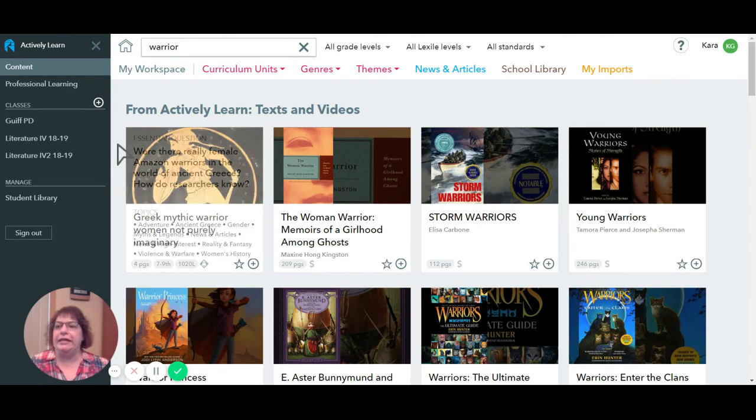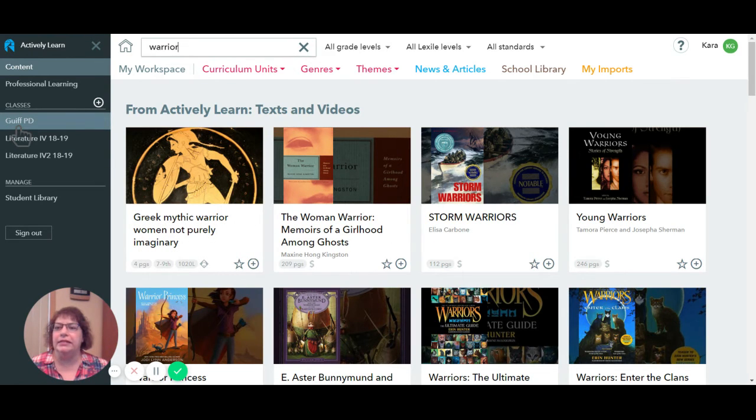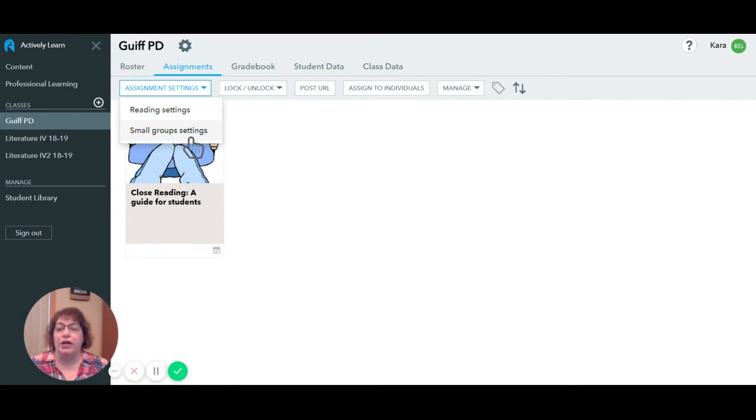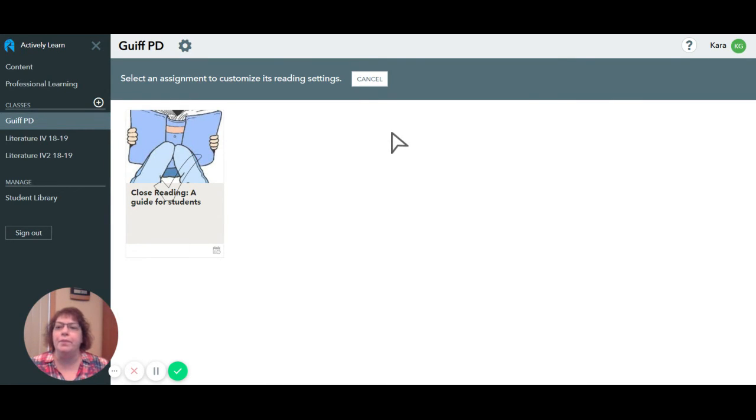Then I also want you to see inside the classes some things that you have. So, excuse me, for my class, this is the PD class that you are all in. You'll see I have my assigned text, but I have all of these data bars as well. So I have my roster, my assignments, my grade book. And in the assignments right now, I can do assignment settings. I can have reading settings and small group settings. I believe the small group goes away when you're not on the free plan anymore, but the reading settings remain. So you can go into any assignment